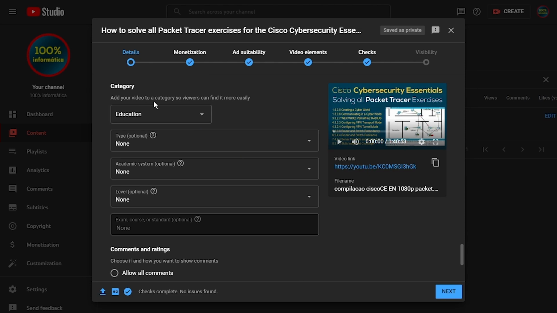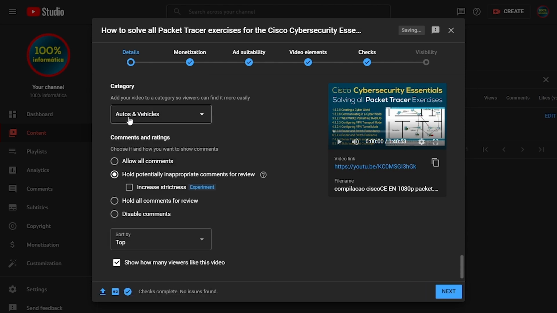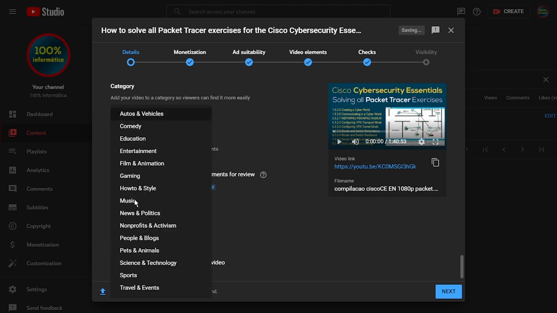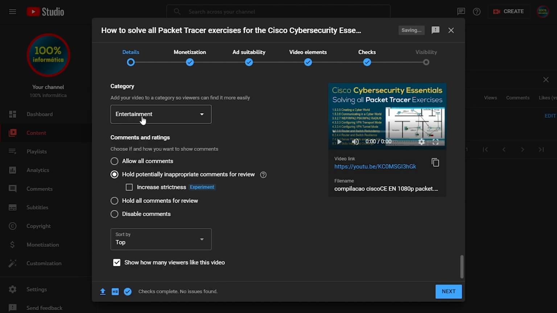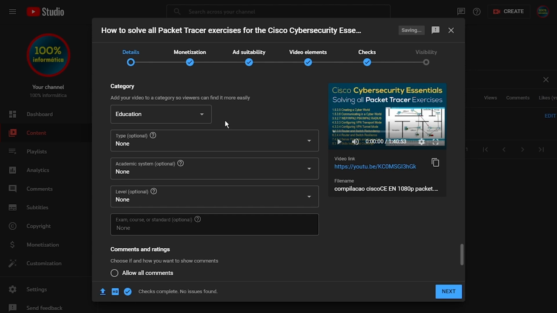Here it is. If you have another category like Auto and Vehicles, there's no options. If you choose Music, no options. Entertainment, no options. But when you choose Education, you now have a few more options to add details for this